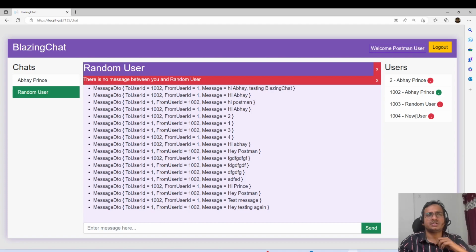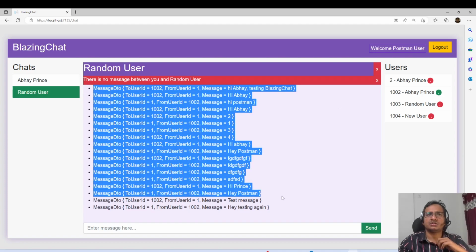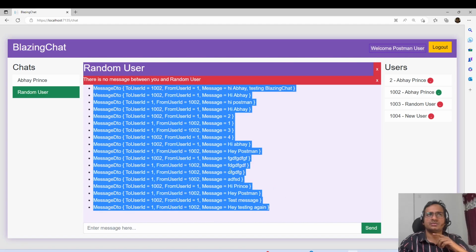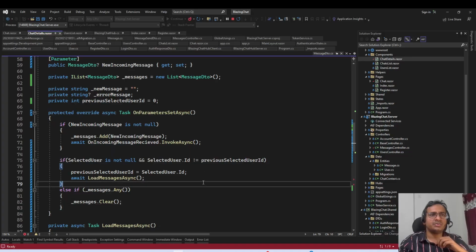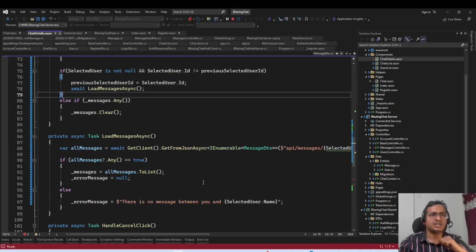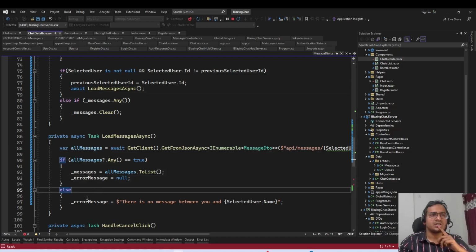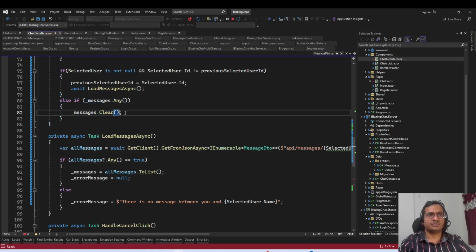We have this random user, there is no message between you and random user, but it should remove this, right? Or maybe we can reset it here. Hmm, we should remove it from here